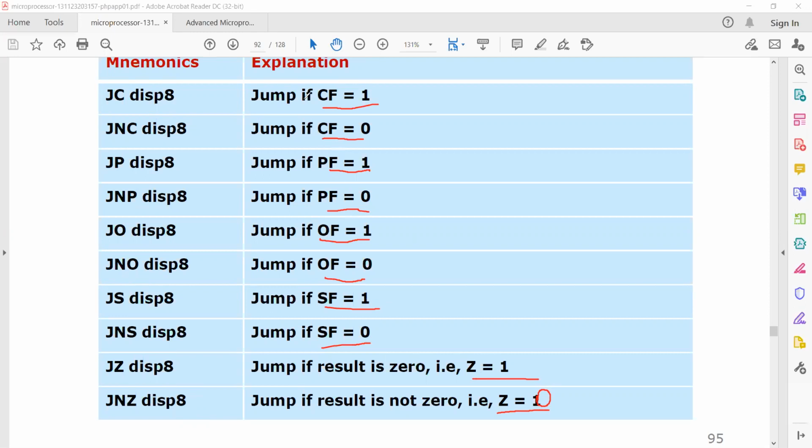So these are all the different conditional transfer instructions. Hope you all understood the difference between unconditional transfers and conditional transfers. So that ends the instruction set of 8086. After the instruction set, you will have one more important topic called assembler directives. This is also one kind of instruction set, but these are repeatedly used in program execution. Regarding assembler directives, we will discuss that in the next class.